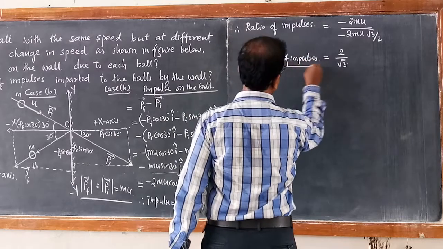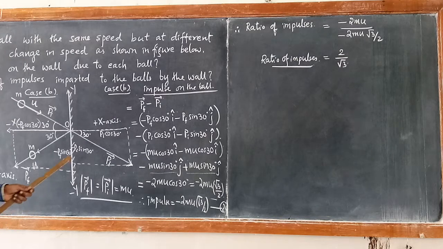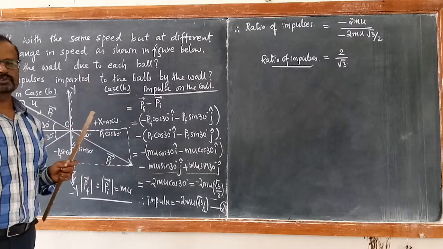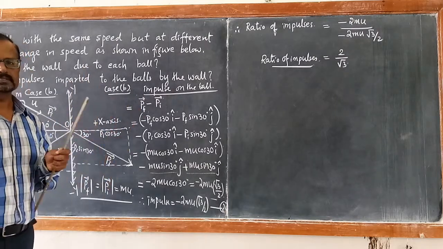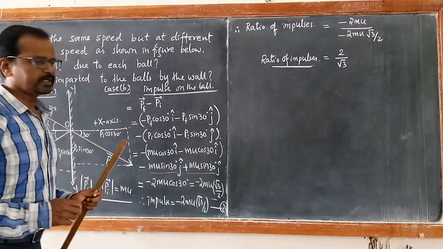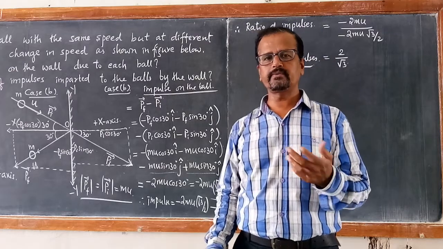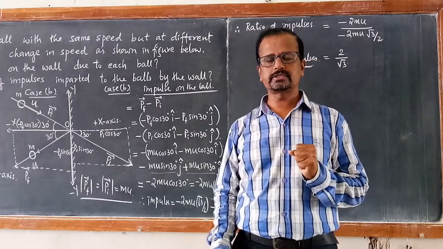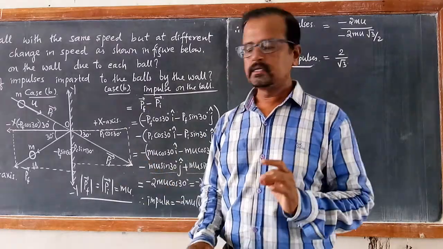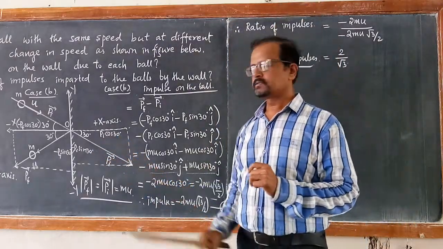Okay. Ratio of impulses. So this is how one needs to apply the knowledge of vectors whenever you are dealing with the calculations of force and impulses, because force and impulses are vector quantities. This problem is very important. This will also help you in the next coming topic where we are going to study collisions. Collisions are going to be of three types. There you are going to understand the meaning of resolving the components and application of the vectors properly.